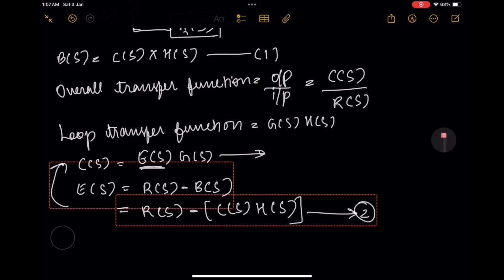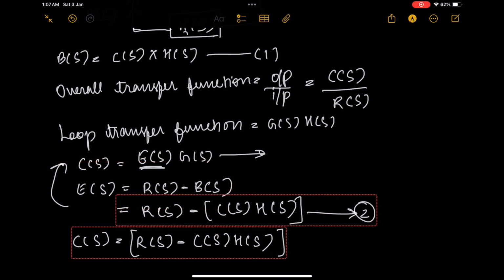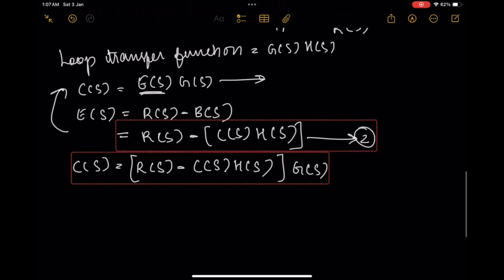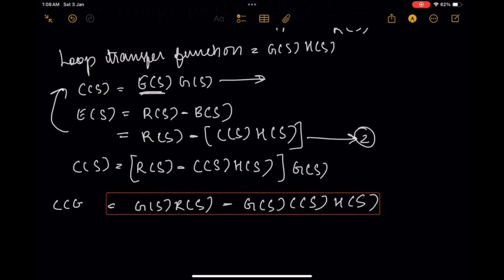So it will be C of S is equal to R of S minus C of S H of S, into G of S. So on solving this, what will we get? Just G of S R of S minus G of S C of S H of S. Okay. Now when I look into this particular equation,